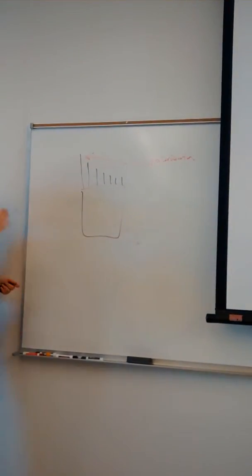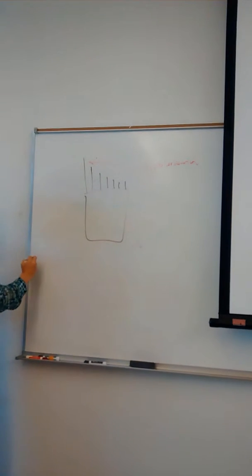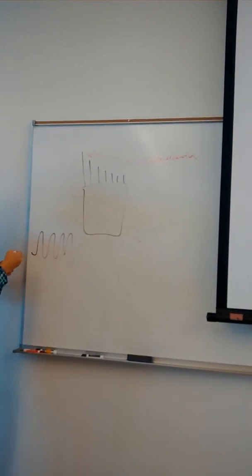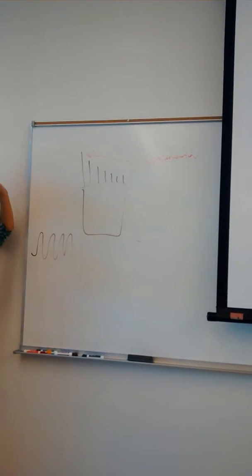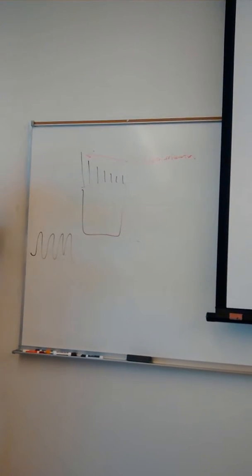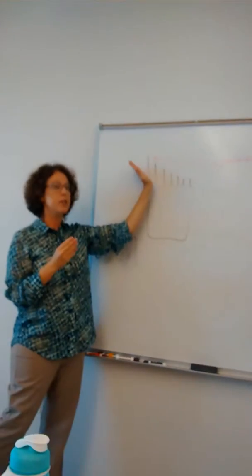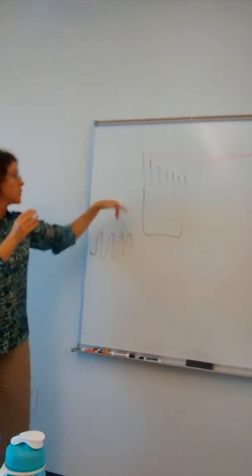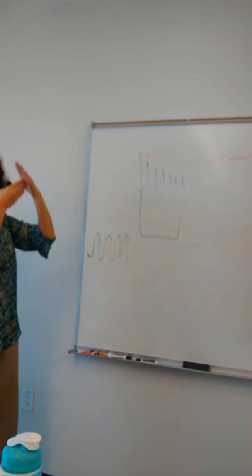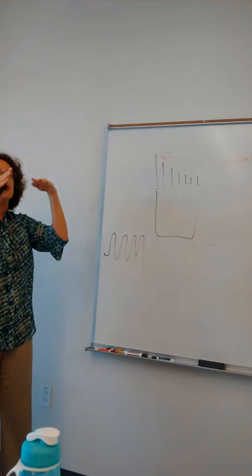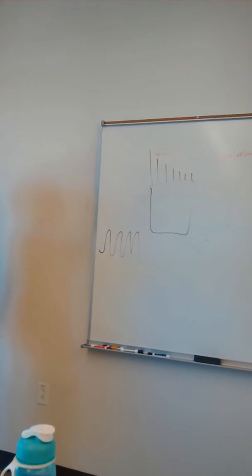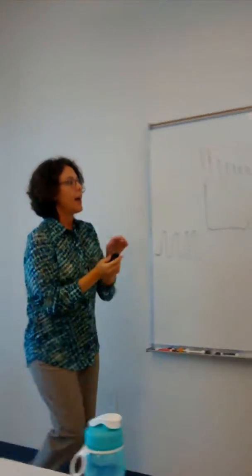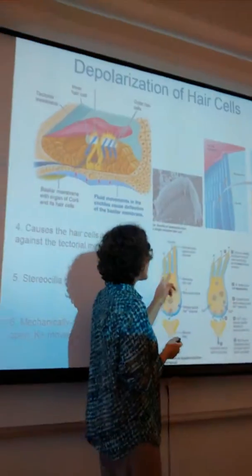As you know, when we think about our sound wave, it's the sinusoidal signal here. So what we have is when the wave is going up, that's when the stereocilia are going to hit that tectorial membrane, bend towards the tallest one. When it goes down, the stereocilia are going to bend in the opposite direction, and it turns the cells off or hyperpolarizes them. So we have this kind of faithful transmission of this up and down signal by these stereocilia